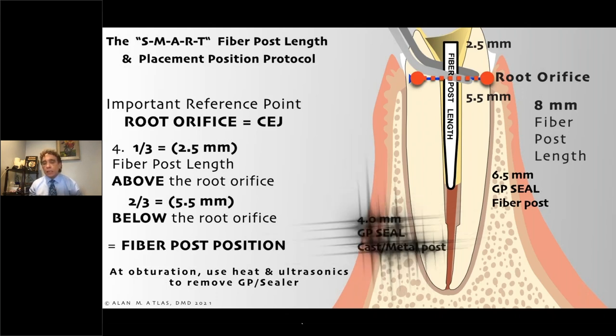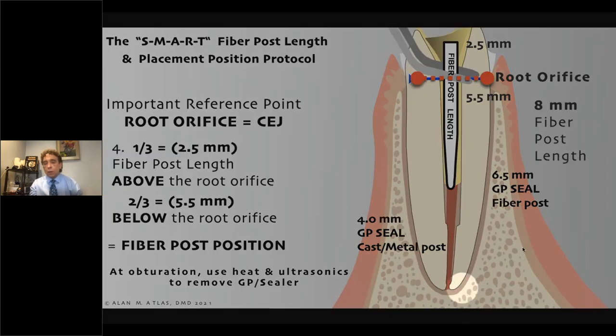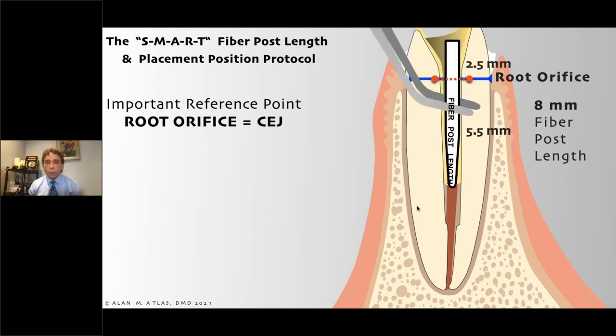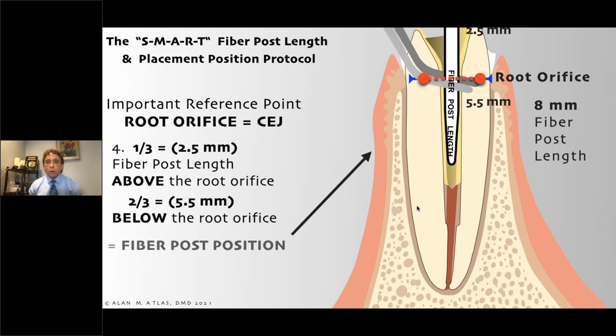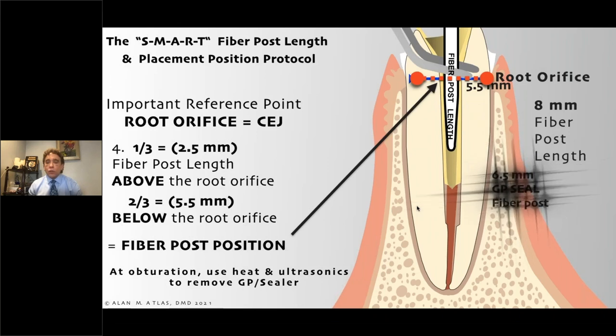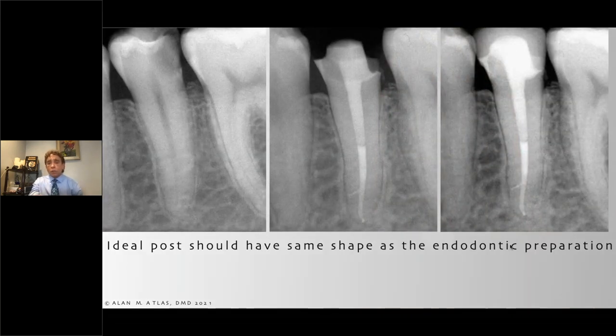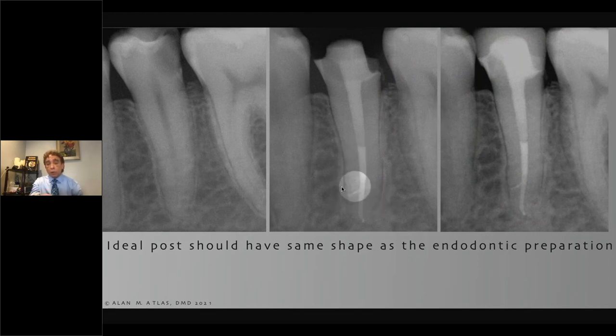Again, if I'm doing a cast metal post, I would just leave 4 millimeters of gutta percha, whether it's the master point or I'm going back in and removing some post obturation with the other techniques, as opposed to the single cone technique. So there are 3 different techniques. You choose which one you do as an endodontist. But I'm going to tell you that key reference point is going to be the important point. So that's how I'm going to do it. It's always going to make the difference. And when you see the outcomes with using fiber posts,